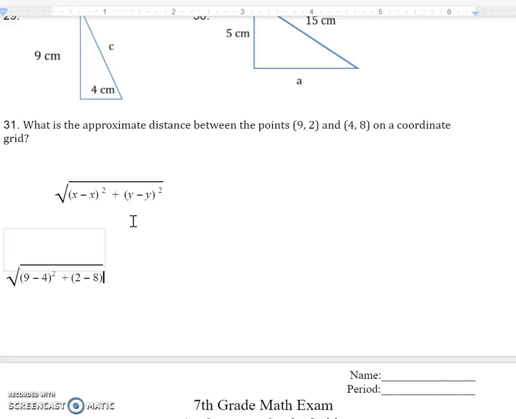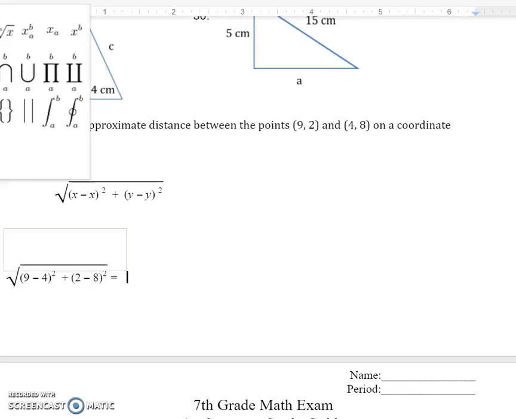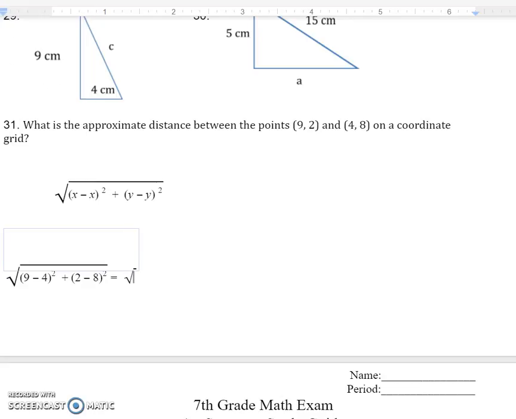Oh, it did it for me. That's great. And that means squared. So we're going to take the square root of that, and this will equal the square root of 9 minus 4, which is 5 squared, plus 2 minus 8, which is negative 6 squared, and that will equal the square root of